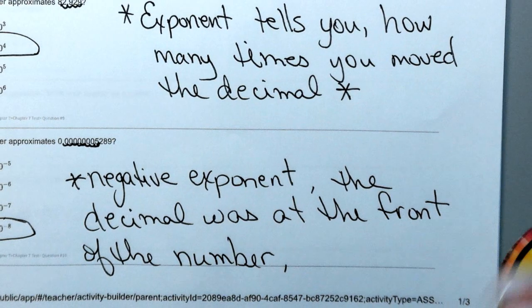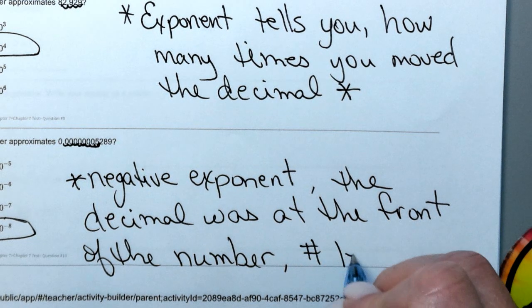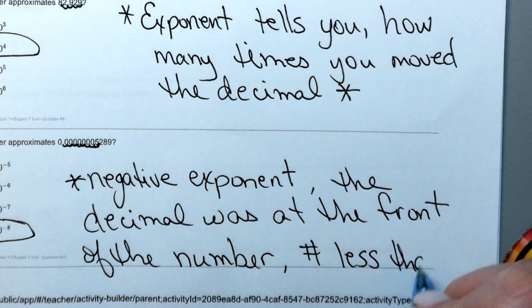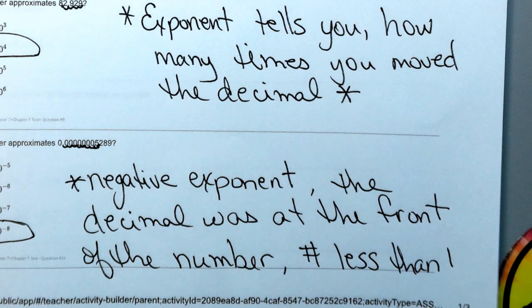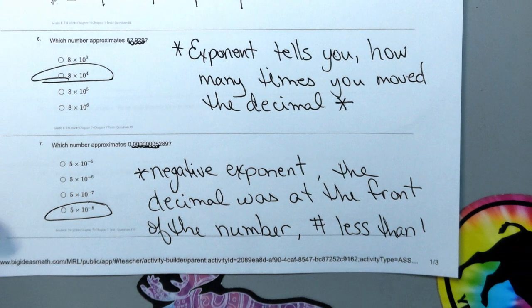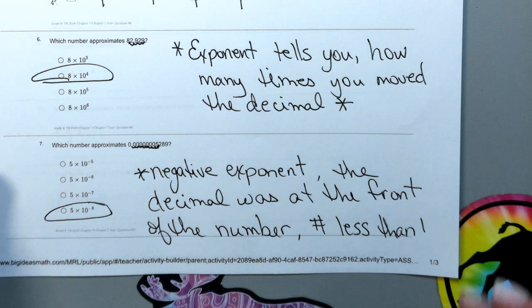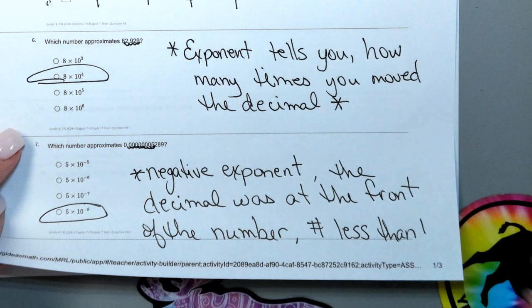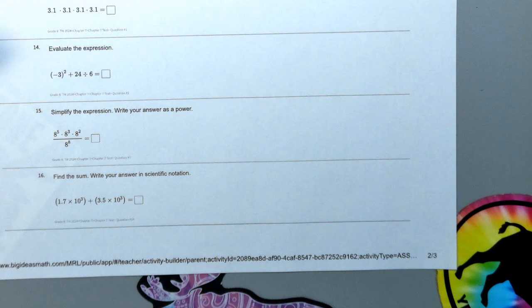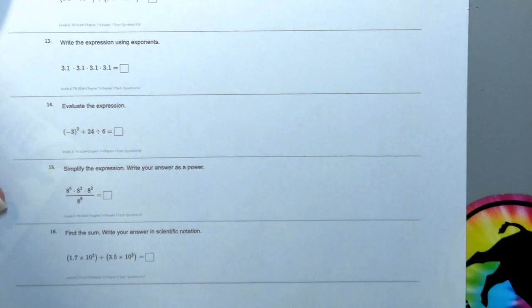So that means that it was a number less than 1. The negative exponent, the decimal was at the front of the number is less than 1. Okay. All right. Now, on the next page,